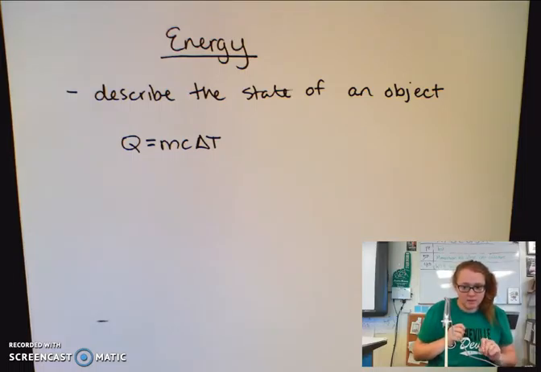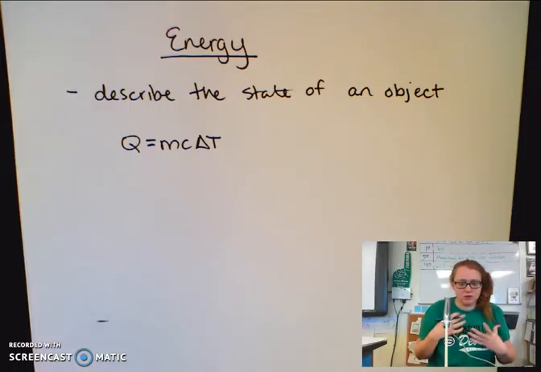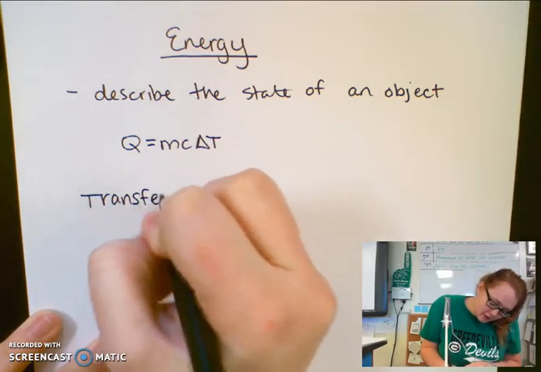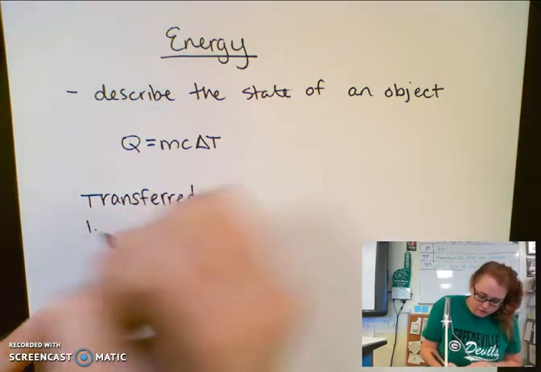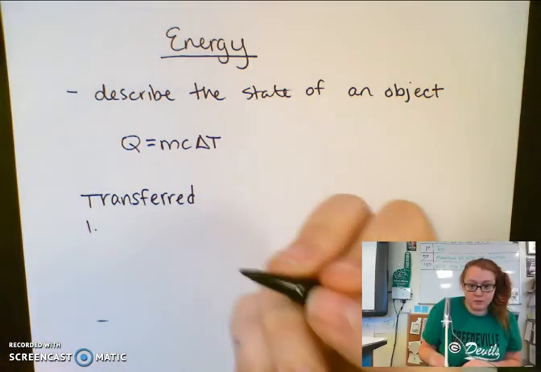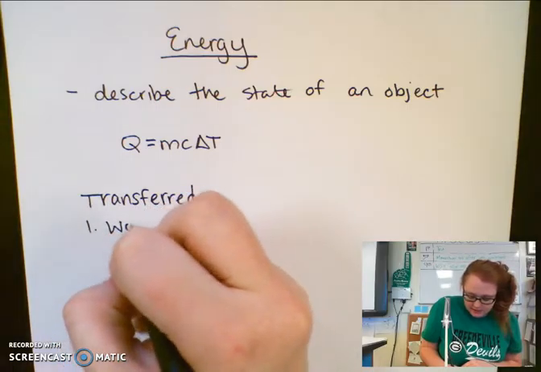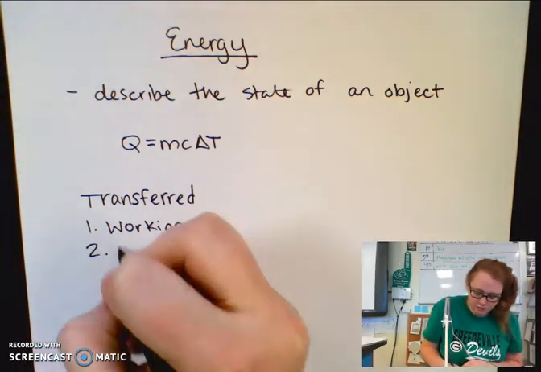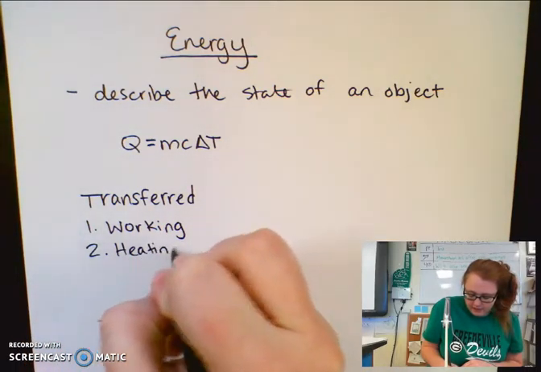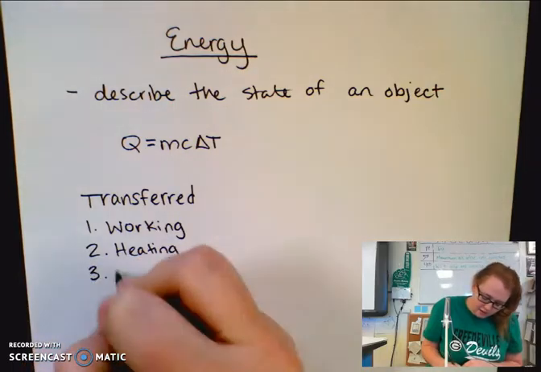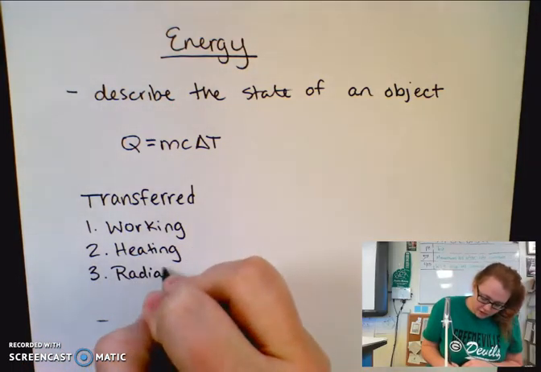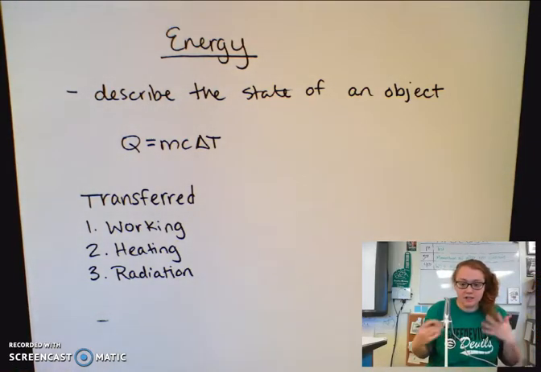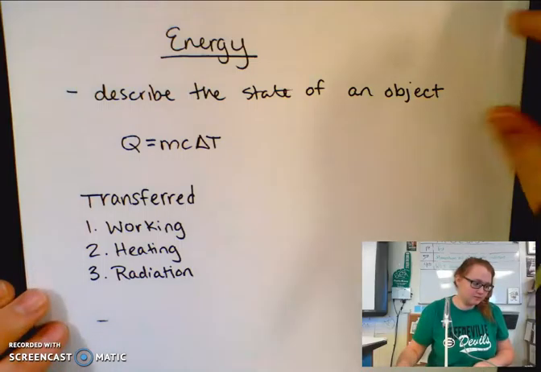Before we can really talk about energy and the storage systems of energy, we're going to talk about how energy is transferred. There are three ways to transfer energy. The first way, the one that we're going to look at here since it's physics, is through working or doing work on a system. The second way is heating. That's what you look at in chemistry and physical science. And the third one that we're not really going to get into is radiation, how you use microwaves to increase the kinetic energy of an object.